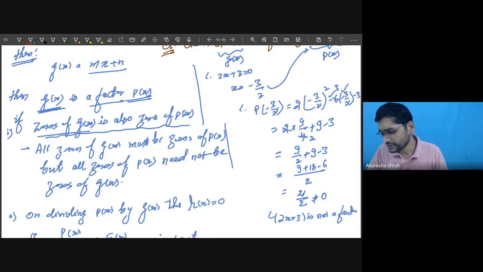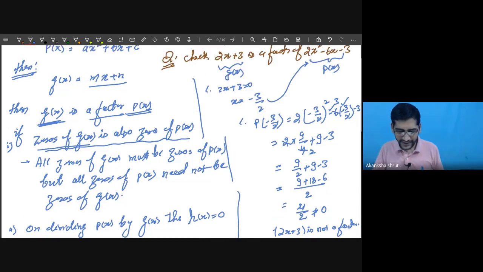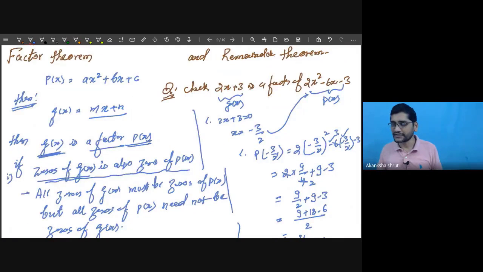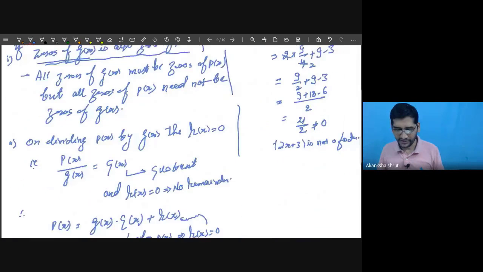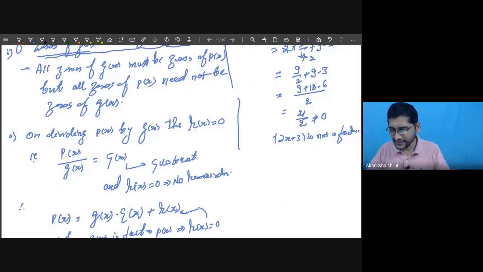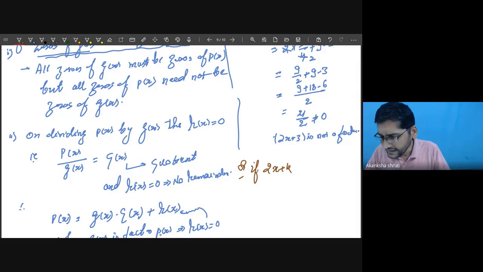So this way you have to determine without dividing. Okay. So this is a very important question that is asked every year, or the same question is asked in other ways also. A student, say if 2x plus k is a factor of